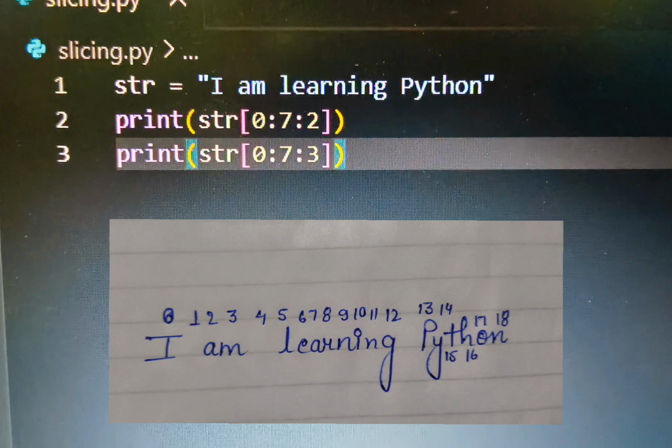Here I have given three values in the big bracket. So here the three values will be taken as the first one as the starting position, the middle one as the last position, and the third one as the update. So here you can see I have taken the string I am learning Python, which is stored in the variable str. And in the next line, I have written the code print str 0 colon 7 colon 2, which means I want